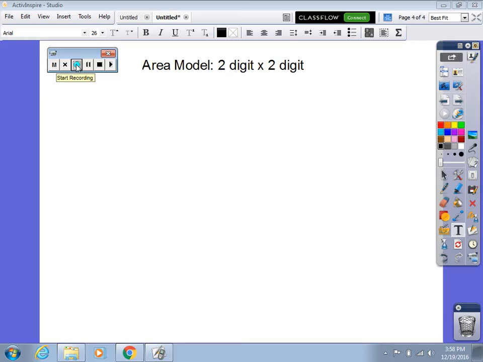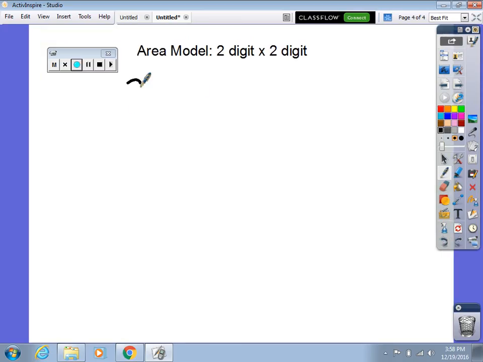So here is area model again, but this time for 2-digit by 2-digit numbers. And this is the same method, but now that we have 2-digit numbers on both sides of the rectangle, we'll have a few more squares. So let's say that I have the number 36 times